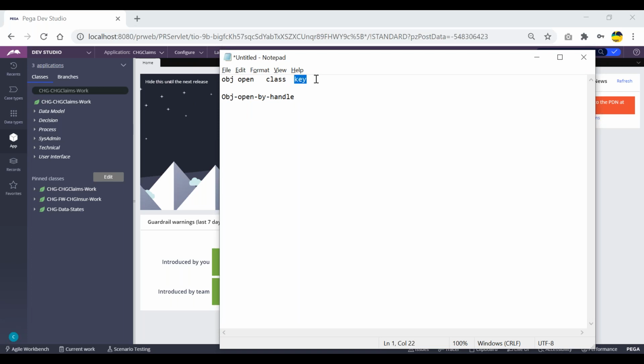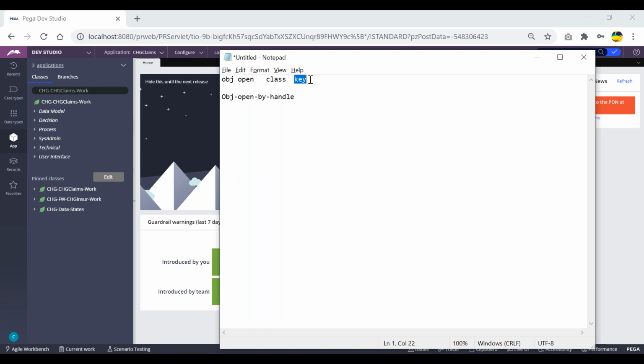Suppose this is the key, right? This key will be the unique identifier in this class. The same kind of key I can have in another class also. Suppose I have two classes, state as well as hospital. In both tables I can have state code as the common thing. So likewise, whatever key I have which seems to be primary, it will be applicable only for that class.